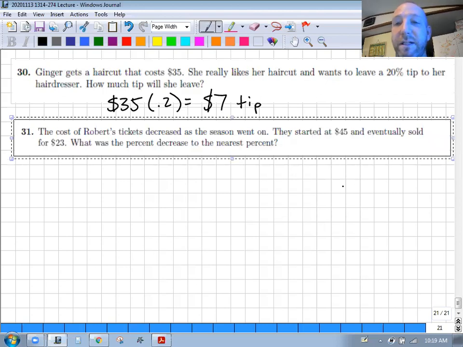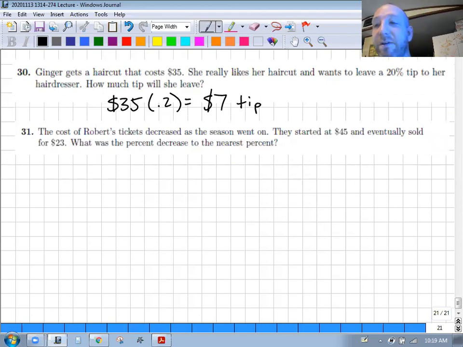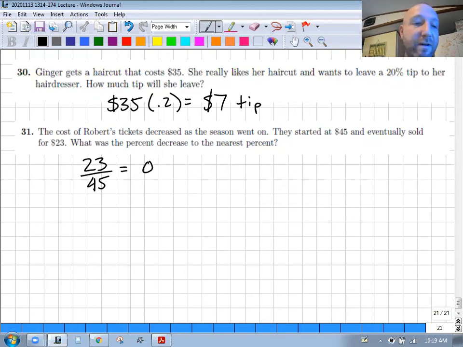The cost of Robert's tickets decreased as the season went on. They started at 45 and eventually sold for 23. What was the percent decrease to the nearest percent? Let's see here. So 23 out of 45. So let's see, 23 divided by 45 is 0.5111 or 51.11%